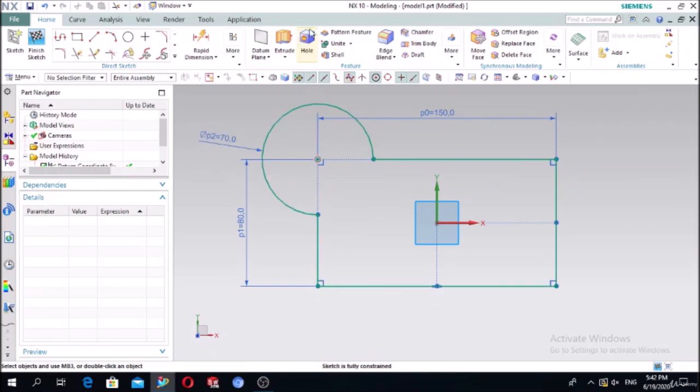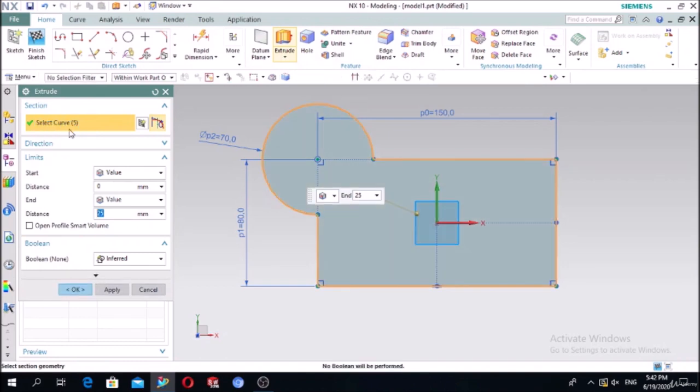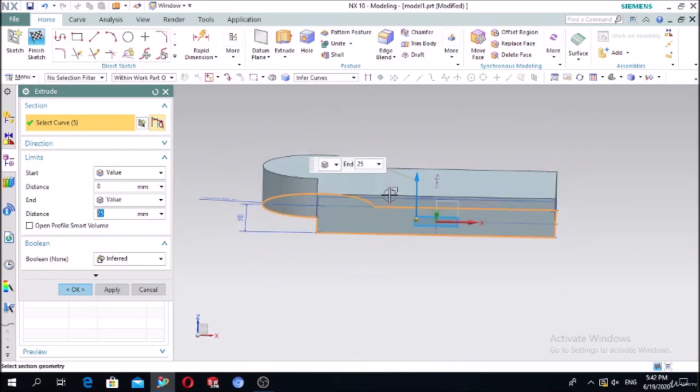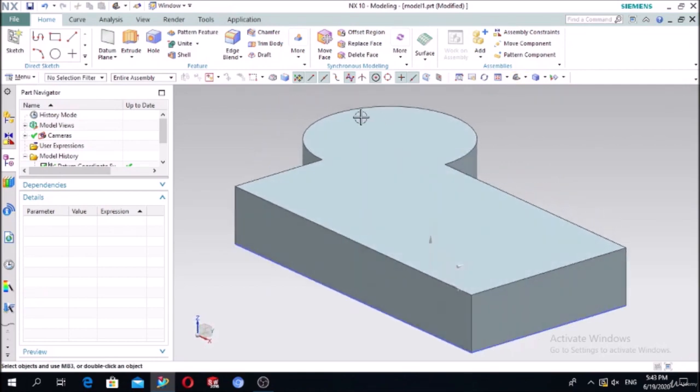In order to make the extrude, you see here in the ribbon bar the extrude function, and press this. Here in the select curve, you have to select the curve. It's automatically selected. Here you can define the thickness of this sketch. In this case it's 25 millimeters, in upward direction. If you press OK, you will get a solid extruded